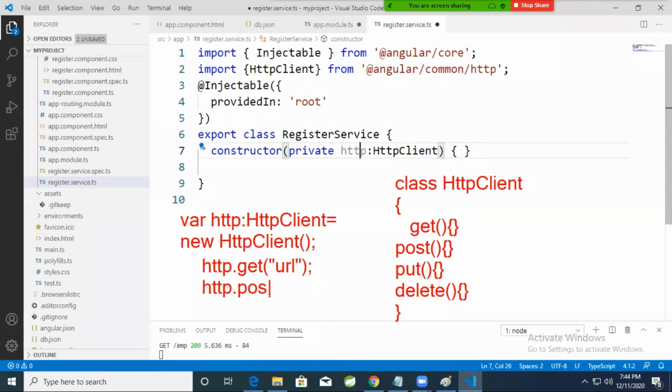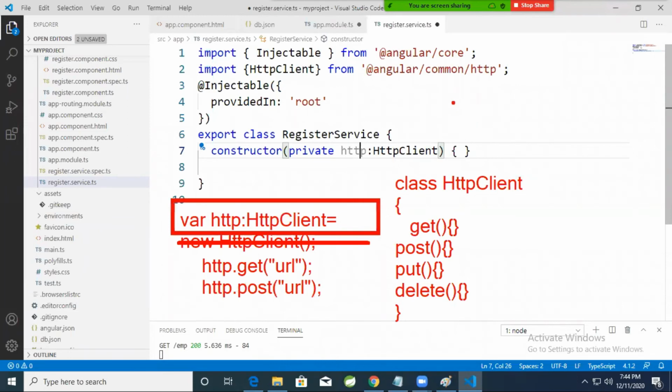Similarly, http.post(), where you have to send the URL. But here Angular is telling the developer, you don't create the object, just create the reference. The framework will create the object, and the framework will assign that object to this reference.